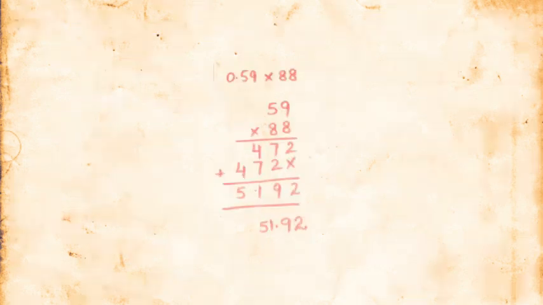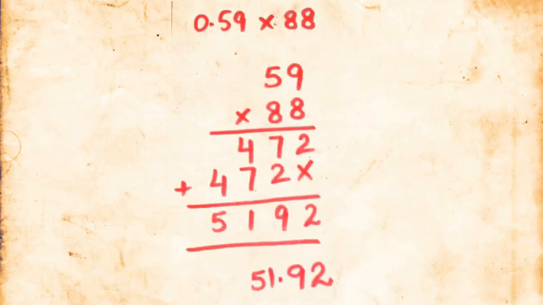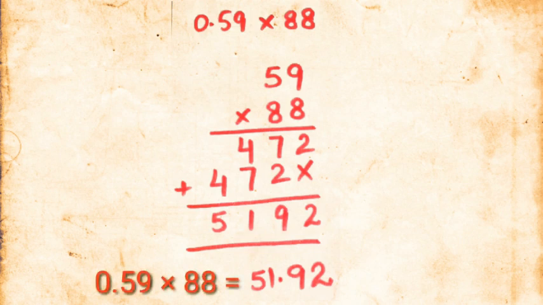For example, 0.59, multiply it with 88. This is a whole number and this is a decimal number. So multiply it without the decimal. 59 it will be without decimal. Multiply it with 88. 8 nines are 72. 7 will be carry. 8 fives are 40. 40 plus 7 is 47. Multiply the same number again: 8 nines are 72. 7 will be carry. 8 fives are 40. 40 plus 7 is 47. Now add both the numbers. 2, 9. 7 plus 4, 11. 1, 4 plus 1, 5. So 0.59 multiplied with 88, the answer which you got is 5192.